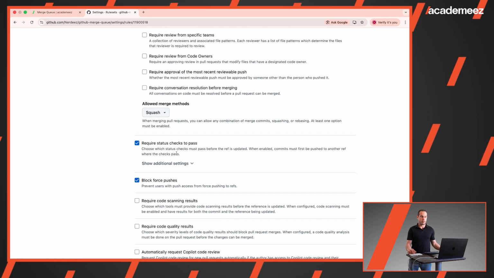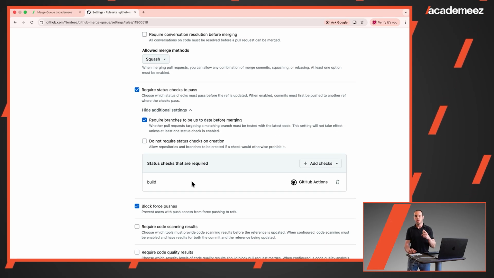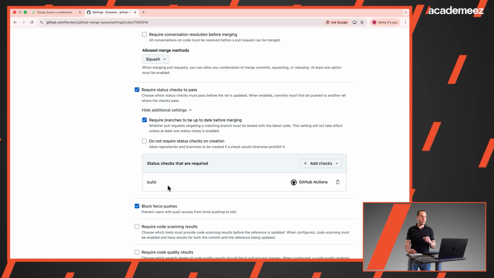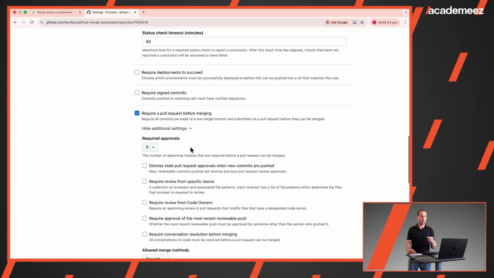Require status checks to pass. We enable it to protect our main branch. If I open the additional option, I see that currently we have one required check, which is the build. So this required check is important to note because this required check is also going to be required for the